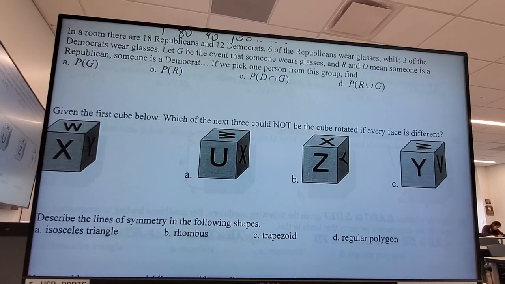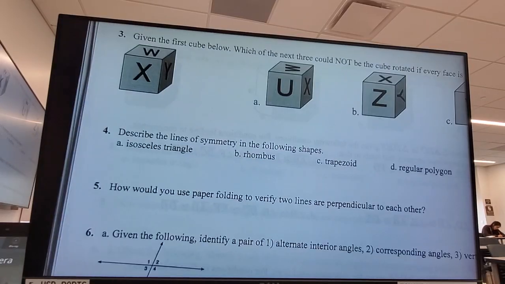Is that okay? And then if I ask you a question like number, what is that, 3? The one about the symmetry? 4? There it is, Jeff. You could answer that by drawing the picture, although 4D, you'd have to draw an infinite number of pictures, so I wouldn't recommend that. 4C is a little bit evil,